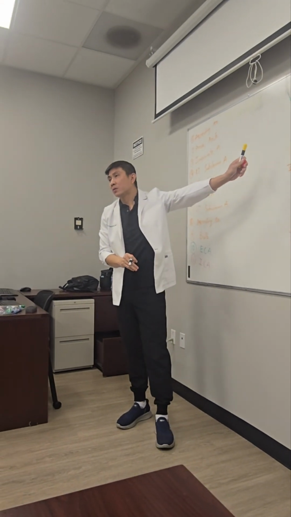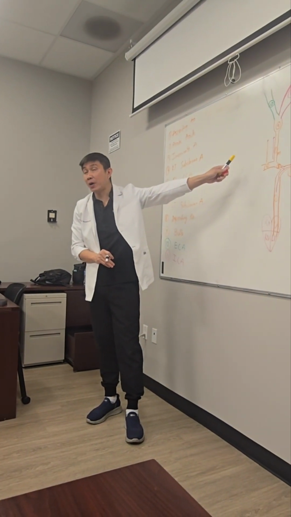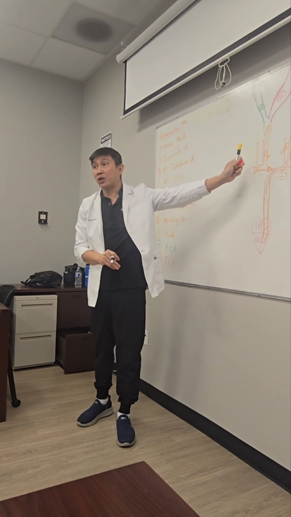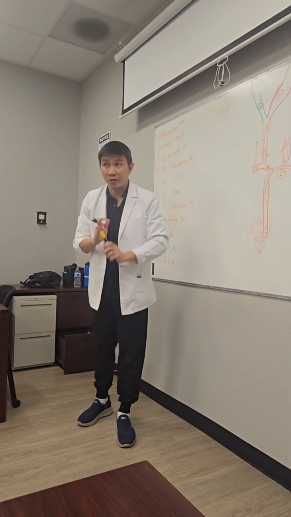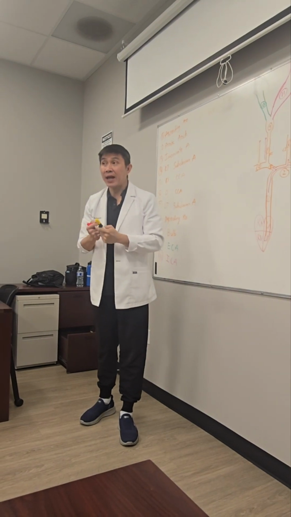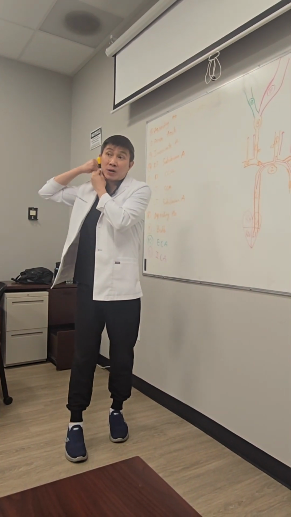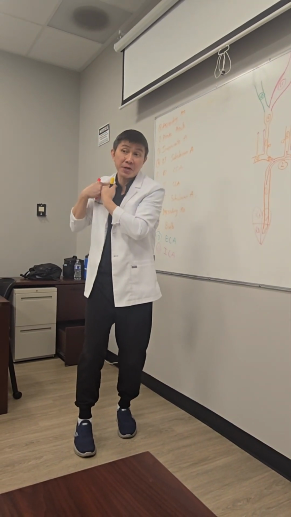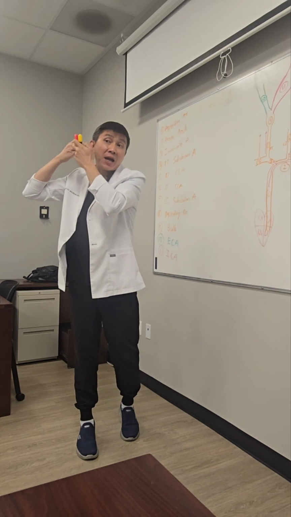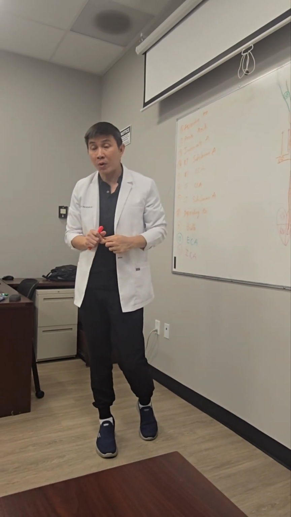So the point: the vertebral artery blood flow and the common carotid artery blood flow always have the same direction, because they are the main source to supply blood for the brain. So they have to go up, from inferior to superior, and they have to go in the same direction. It's an important point because